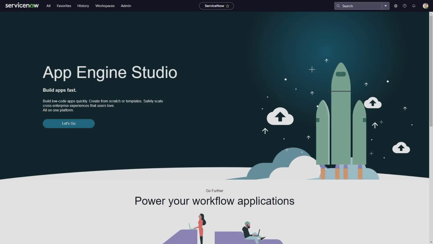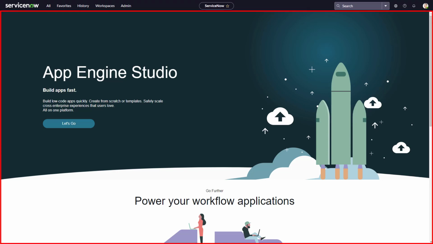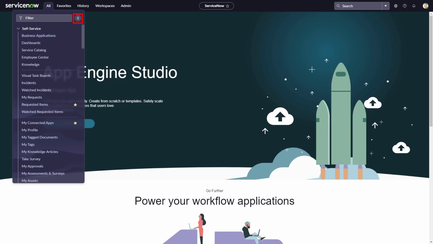Now, as we navigate to the native UI homepage, we can identify two main components, the unified navigation header and the content frame. Starting with the left part of the unified navigation header, it contains the logo and the page header caption, which can be both customized, different navigation tabs such as All, Favorites, History, Workspaces, and Admin. All of these tabs will take you to the applications that you need to work with,